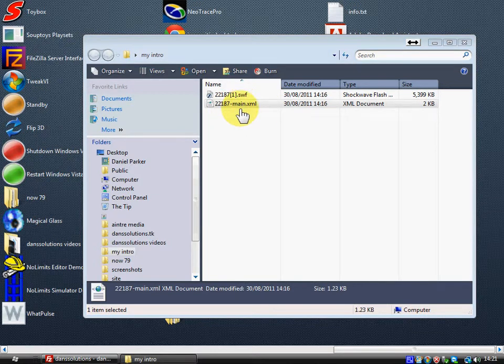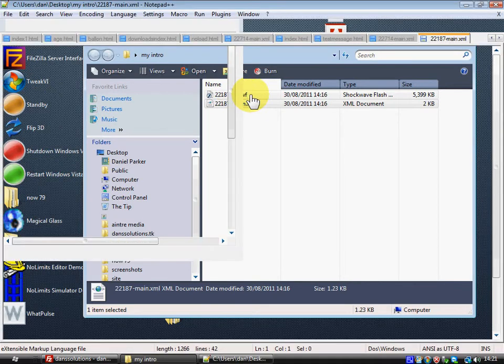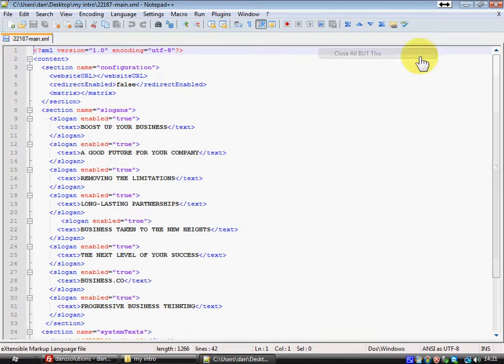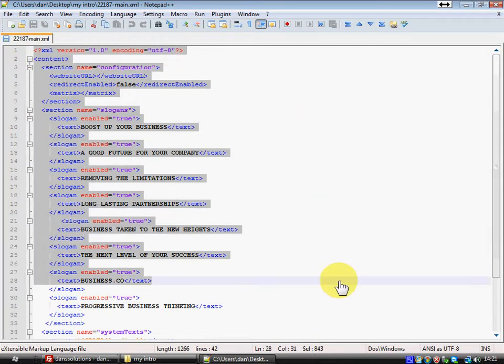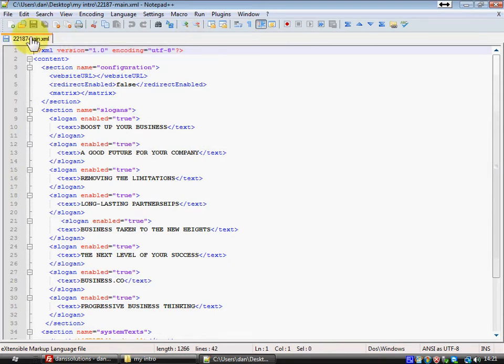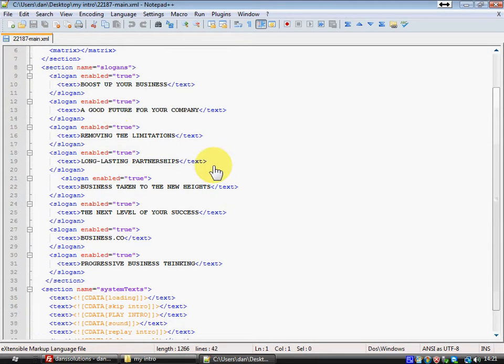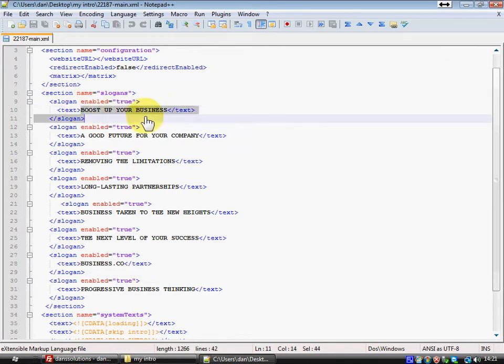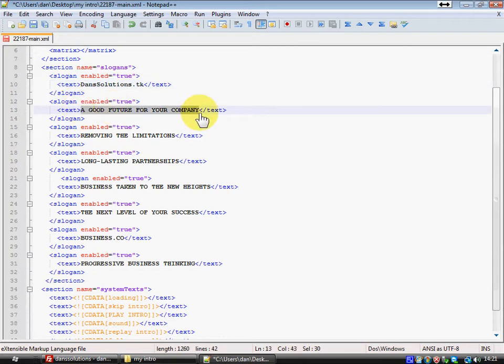Now, as you can see where you've got text, boost up your business, you can rename these to whatever you want. So I can put dansolutions.tk. And then you can rename the rest of them, so a good future for your company, removing the limitations, long-lasting partnerships, all of that. And then the last two, business.co, you will put Dan Solutions, the name of your YouTube account,